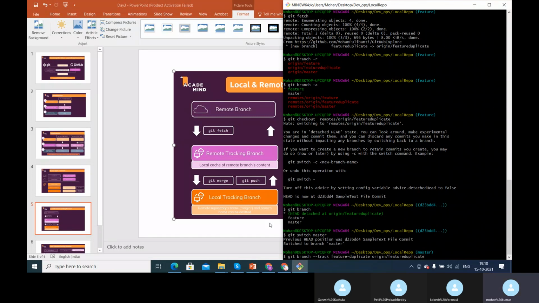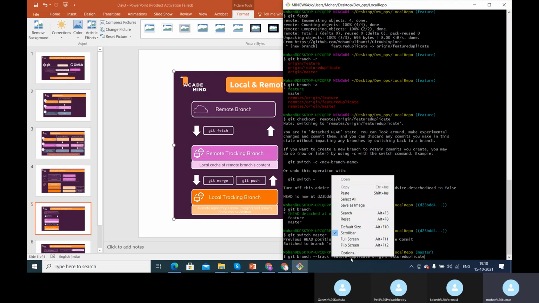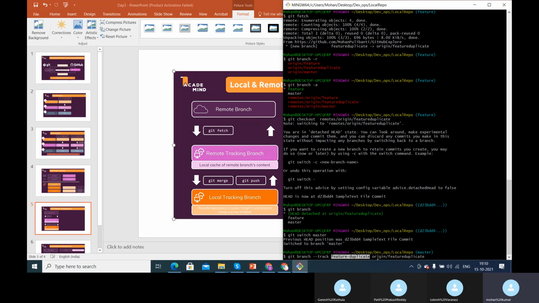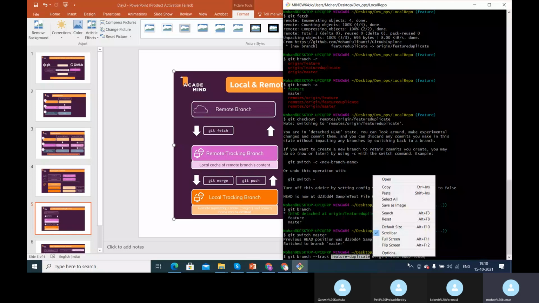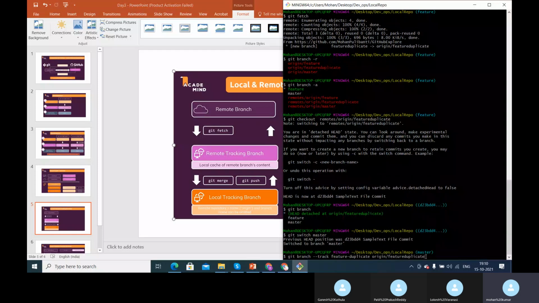So I am creating a local tracking branch, and this is the syntax git branch --track, and this is the local branch that I want to create, for the feature duplicate.